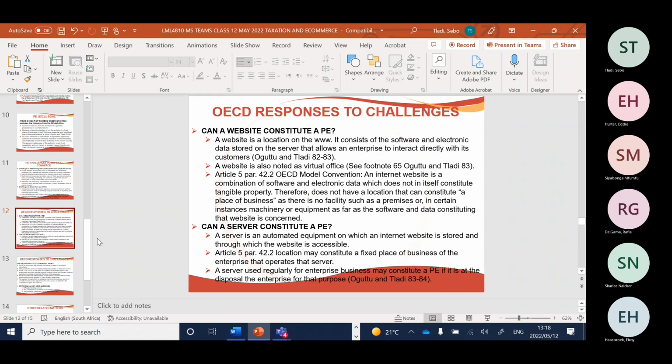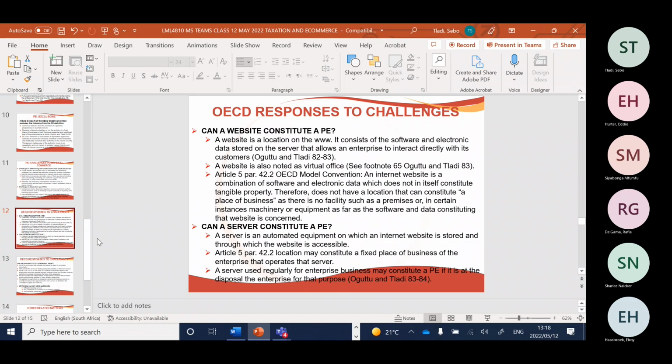Can a website then constitute a PE? Can a server constitute a PE? And again, can an ISP constitute a PE? Looking at what a website is,